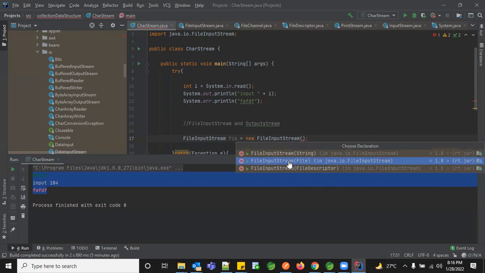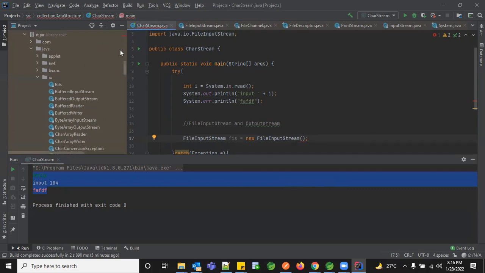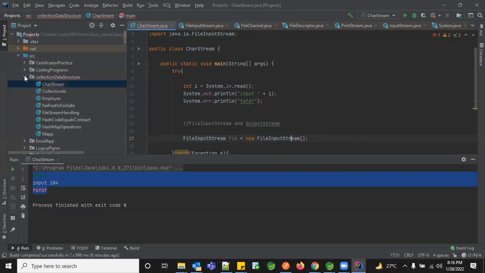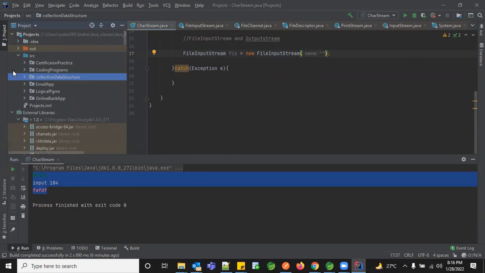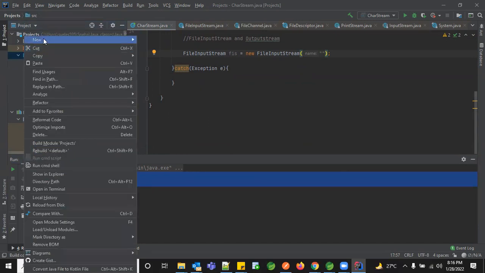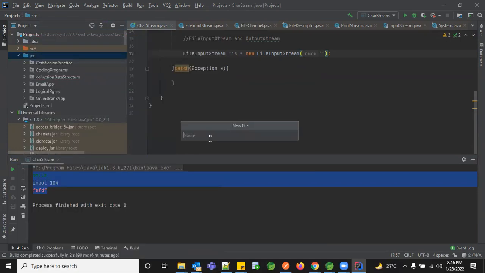So let's see how we can give these details whenever we read a file. I'm going to read a file from this path, so let me just create a text file.